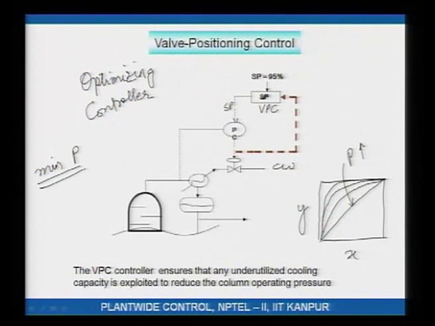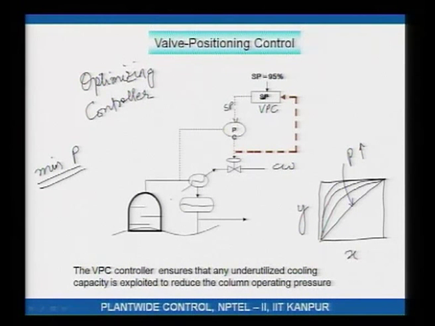Now, to understand what the valve positioning controller is doing, consider the following. Let us say my cooling valve is 50% open. What that essentially means is, if I start putting in more cooling water, condensation of vapor will go up because I have got colder tubes in the condenser. Now, because condensation rate will go up, what that means is the operating pressure of the column would go down, right. So, I am initially at steady state, my cooling water valve is say 50% open.